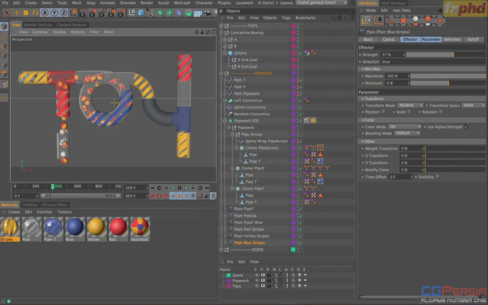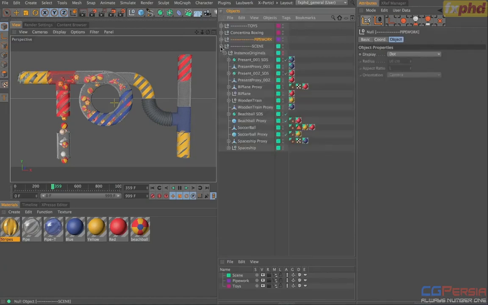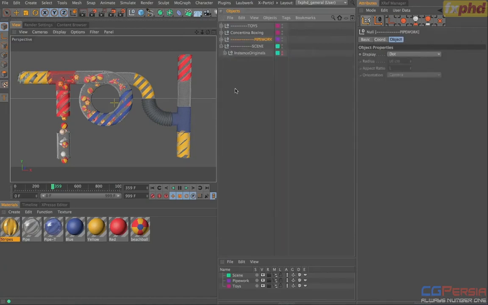Now if you haven't already done so, it's a good idea to save your project, and then what I'm going to do is add in just some basic lighting and a background, just so that we can render some shots out so that you have a kind of finished project. I'm going to leave it up to you guys to set up your cameras and animate them. We just don't have time to do all that now, but before we do that, let's just select our scene null,